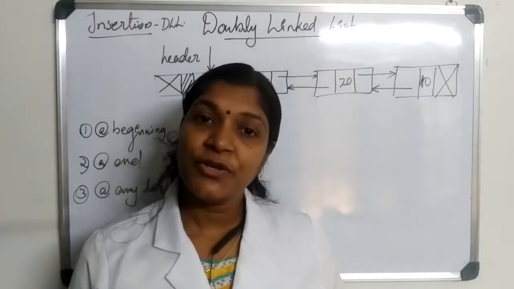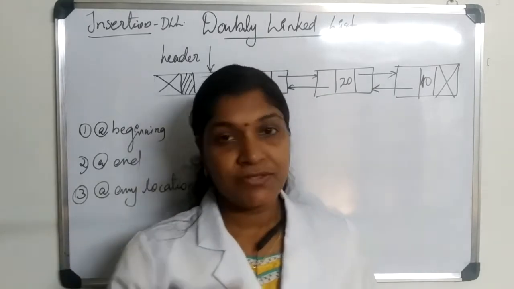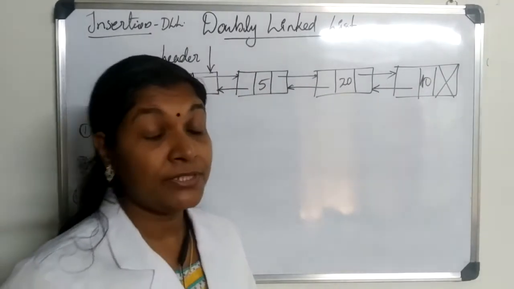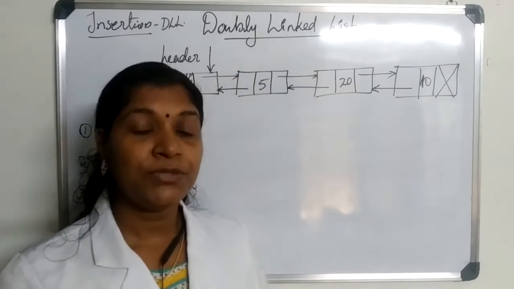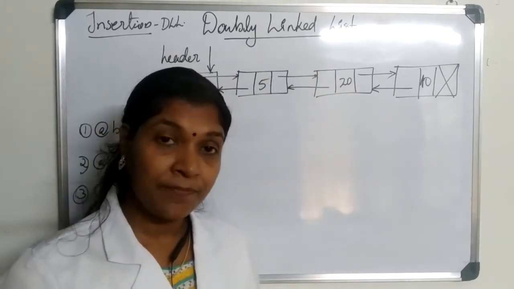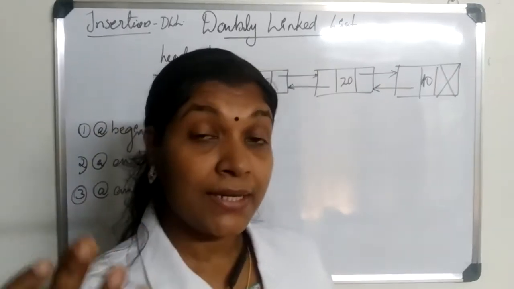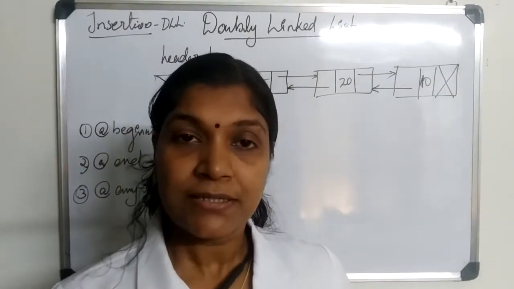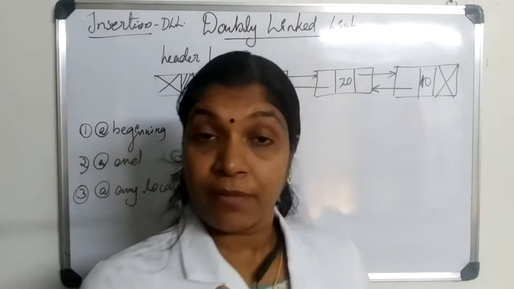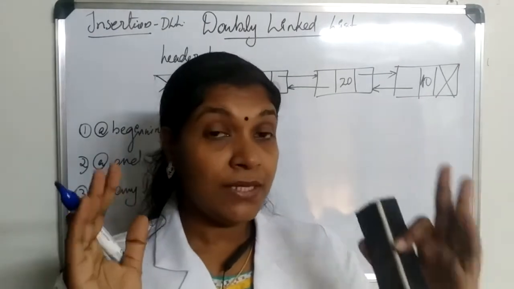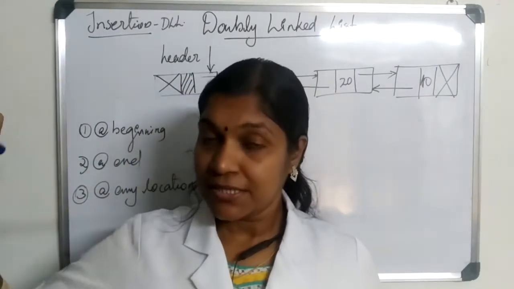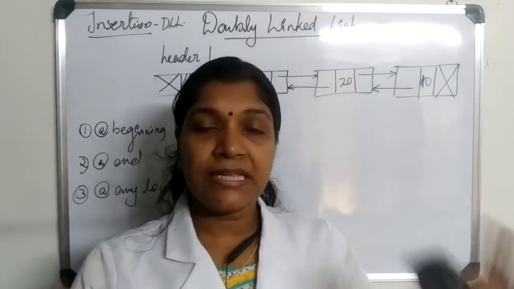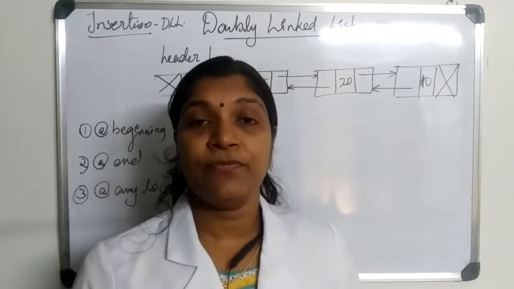So let's move on to the operations of a doubly linked list, right? So the first operation which we are going to consider is the insertion operation. So what do you mean by insertion? If we want to add a new element to the doubly linked list, then only we will be allocating memory for a new node, that is, making the new node ready for insertion. That is the first part of insertion in any of the 3 cases. First we will make that node ready for insertion.